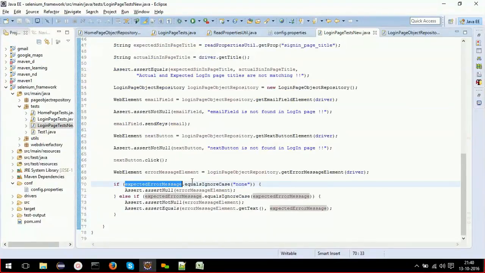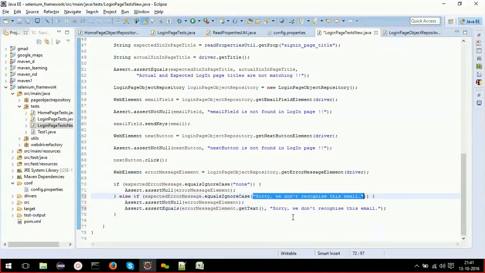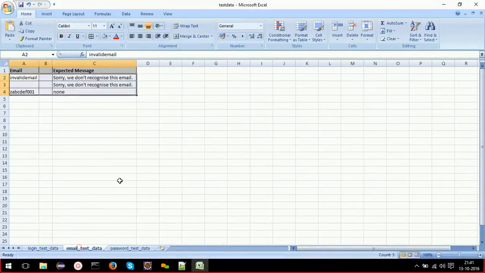If that expected error message equals none, I'm asserting this, and if it equals this, then expected error message equals ignore case is expected error message. Sorry, this last one we need to put like this only. So this expected error message equals none.